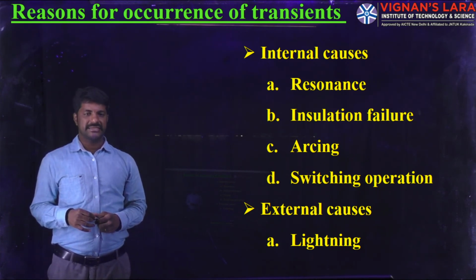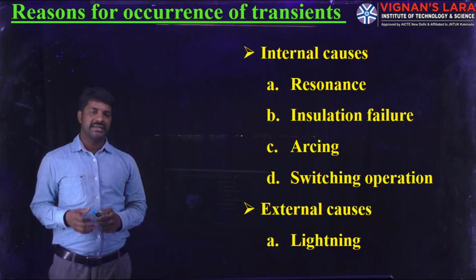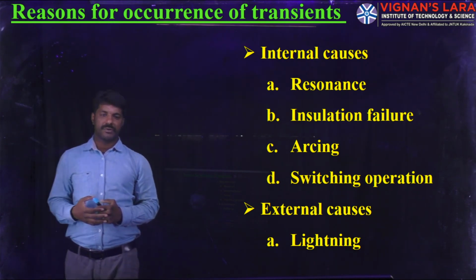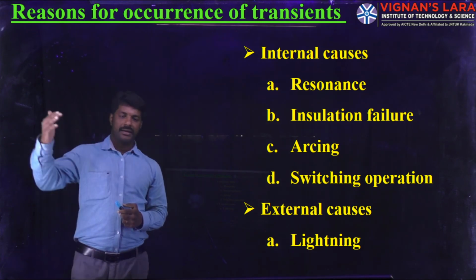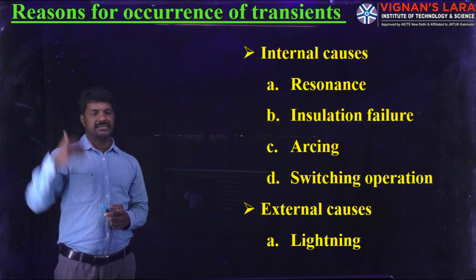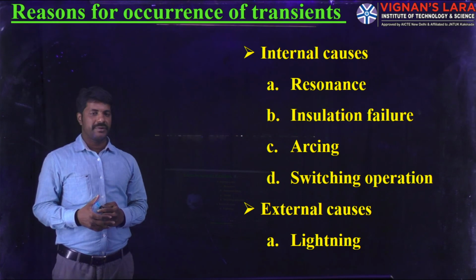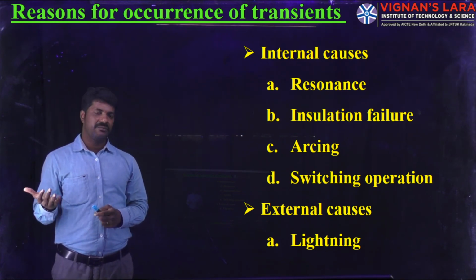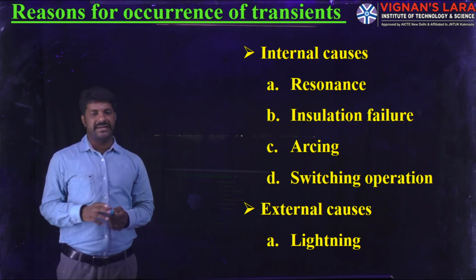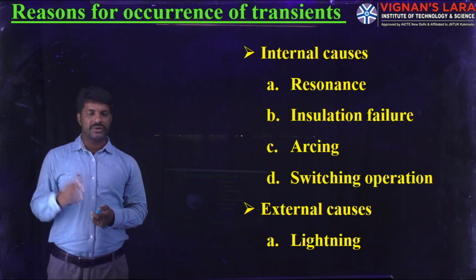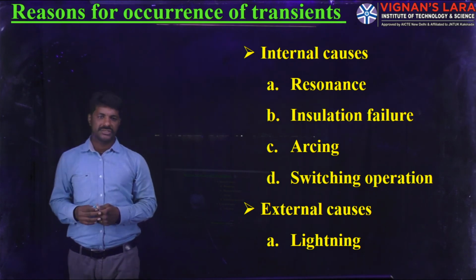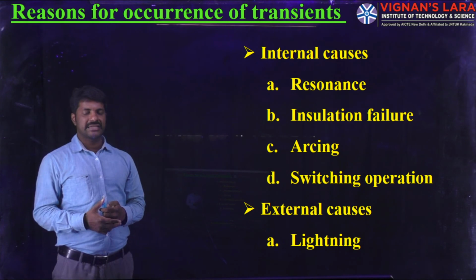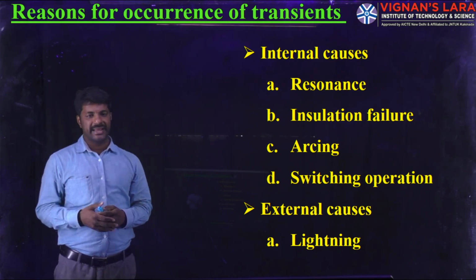And the next is insulation failure. In general, the insulations are provided for the cable and also at the transformer bushings, where the overhead transmission line is to be connected to the transformer winding with the help of the bushings. If those insulations fail, then obviously they will lead to short circuited conditions. Under the short circuited conditions, we know that voltage is 0 and current will increase its magnitude abundantly. So those sudden changes of the magnitudes are nothing but again transients.